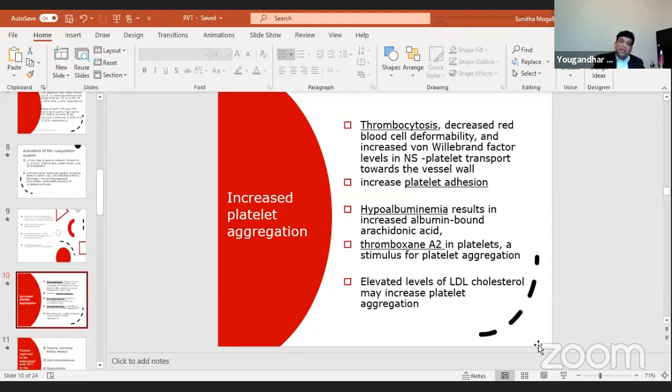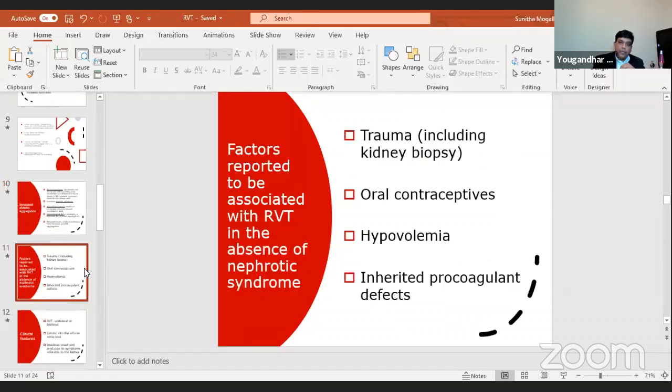The LDL cholesterol that these patients have can also cause platelet aggregation. Now, like I said before, nephrotic syndrome may be the predominant factor, but there are less common factors that would contribute to